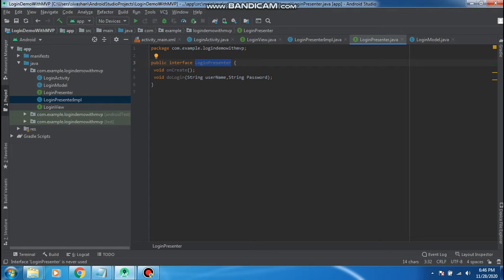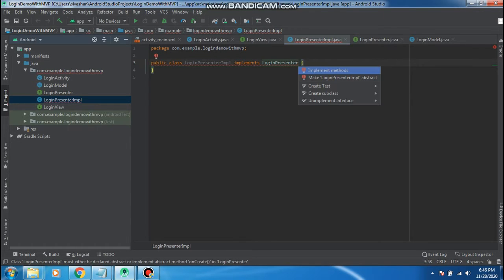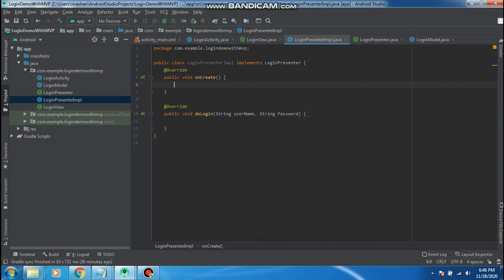Implement this interface in the login presenter implementation class, so those methods will be overridden. Yes, this is the first step, guys.